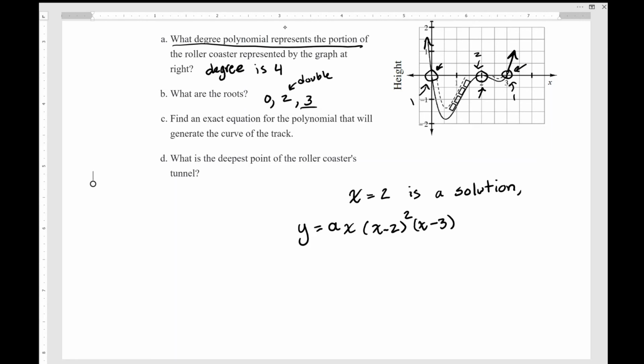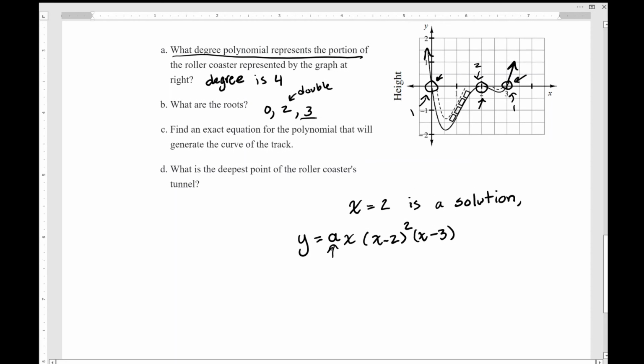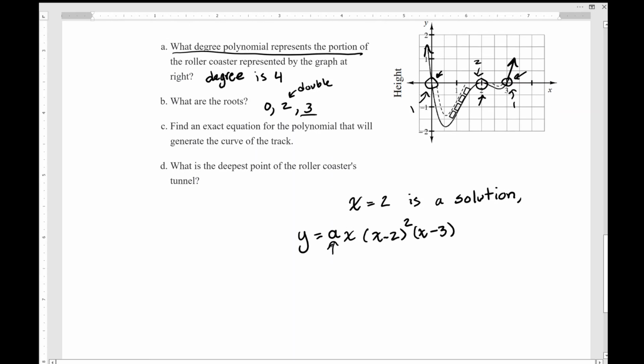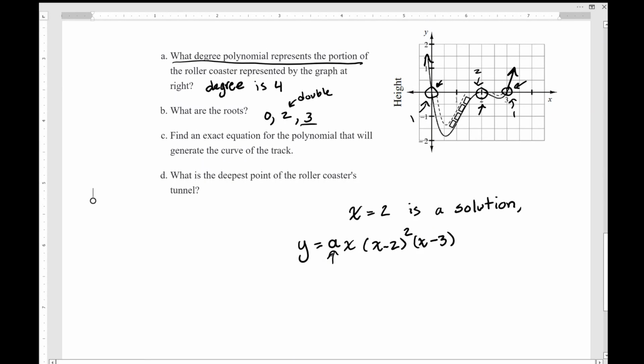Okay, find the exact equation for the polynomial that will generate the curve. Now, without the a, we won't know whether there's a stretch factor or not unless we choose a point. I can't see a nice point on there. You don't want to choose the roots because the roots are not good. It seems to me that there is no stretching going on, so the stretch factor here probably is 1,